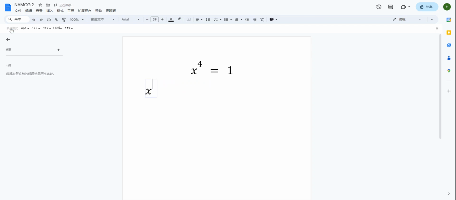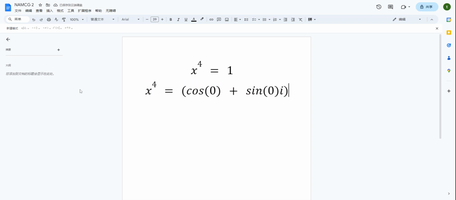So we know x to the 4. You see that it is represented in real form, but what about if we change it to another form? This is its imaginary form, in which cosine 0 is 1 and sine 0 is 0. So in this case, it becomes 1 plus 0i. And what's magical about it is that you could actually then put x into,